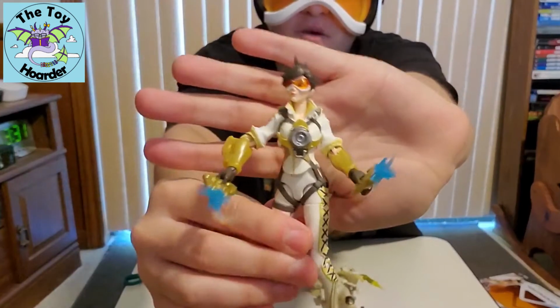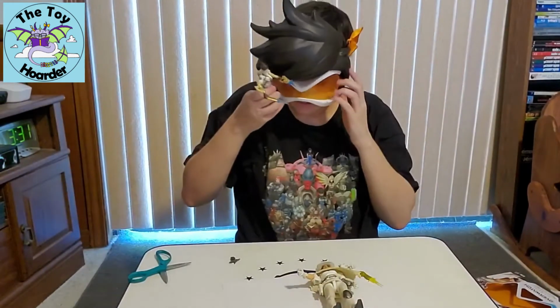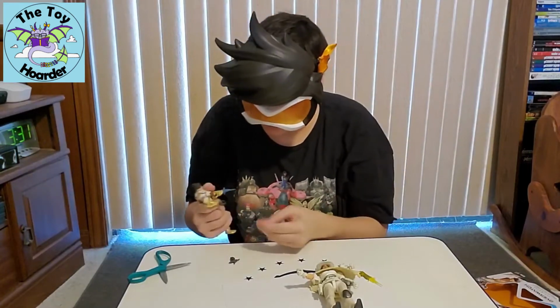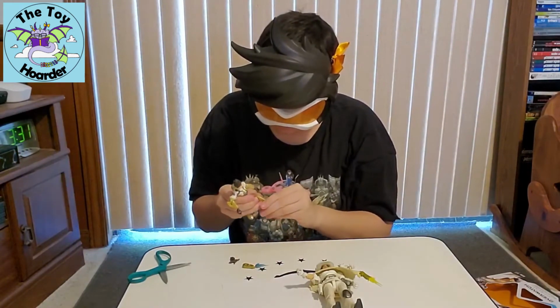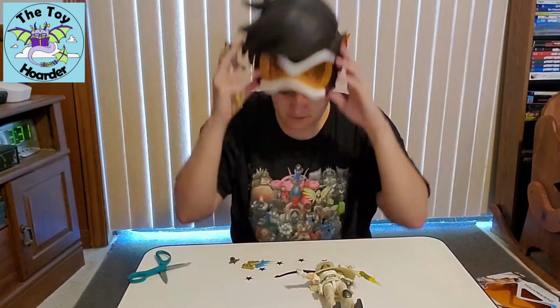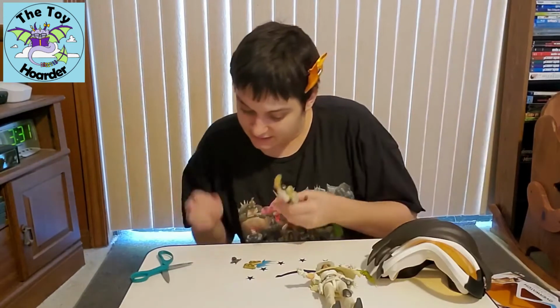So here she is with both pulse guns. Da-na. So that's kind of fun. And then you can switch out her hand. You just kind of, oops, accidentally pulled out her pulsing instead of her whole gun. It's going to be really difficult to not lose all of these tiny pieces, but we're going to need to